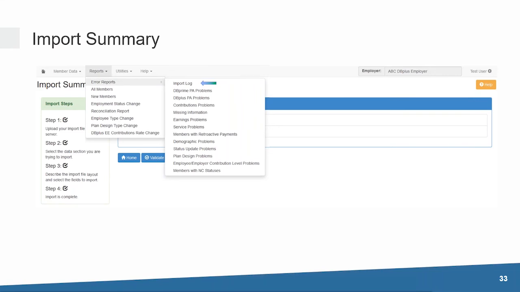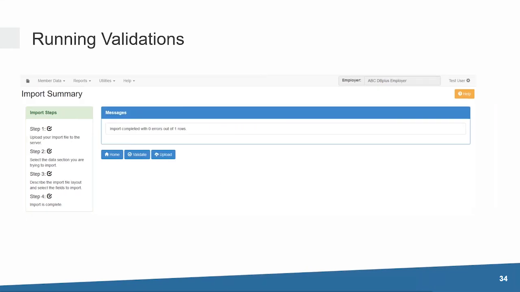There is a list of the various types of import errors in the DCT guide, along with suggestions on how to correct them. You can load these files multiple times. Any changes made to the file will update the member record in the DCT. If the data is the same, no information will be updated or deleted. There is no need to reset the data each time you load the file.